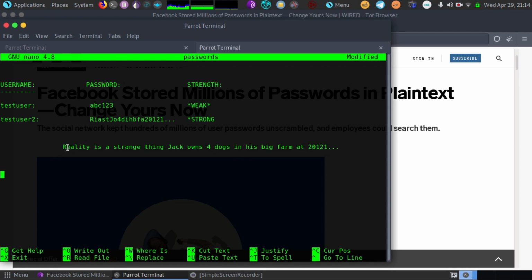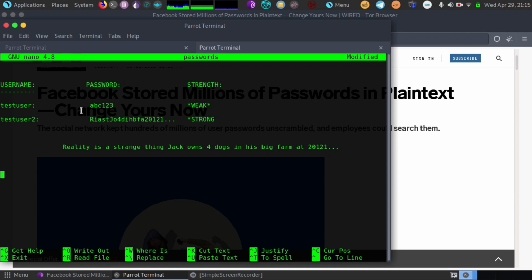So that turns into the acronym capital RIAST, capital J for Jack, it's a name, O, 4DIHBFA20121. And as we can tell, it's something that would take a password cracker a very long time, if at all possible, many years to crack.